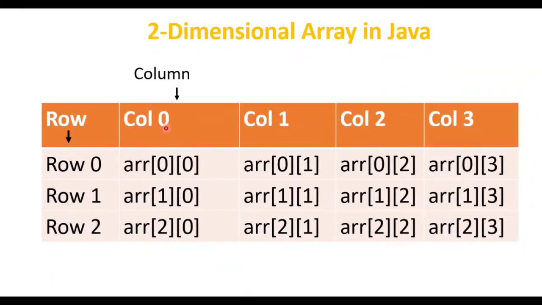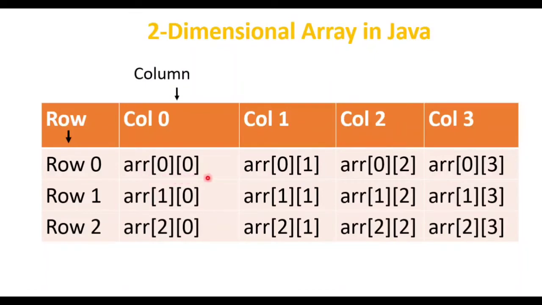Since array index starts from 0, I have represented the columns by 0th position as well as the rows by 0th position. So if you want to access a value of a two-dimensional array, then you have to pass the row index as well as the column index. If you are accessing the first value of a one-dimensional array, what did you used to pass? You used to pass 0. So similarly, if you want to access a value of a two-dimensional array, you have to pass the row number as 0. That is the first row you are trying to access.